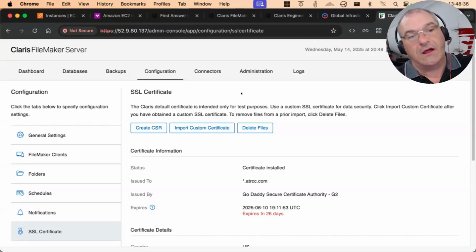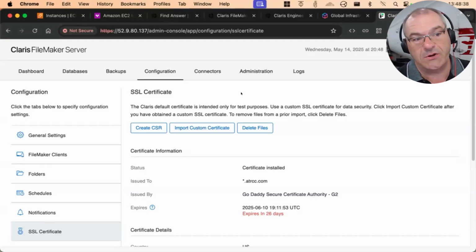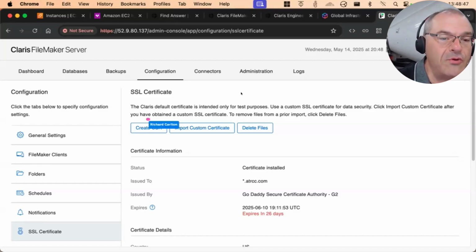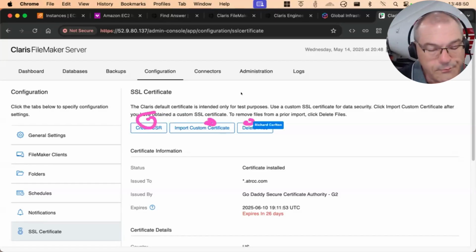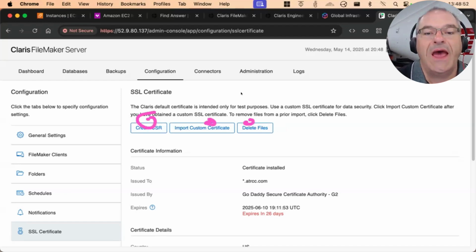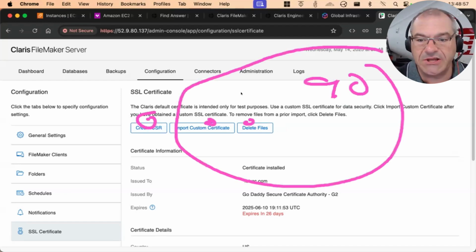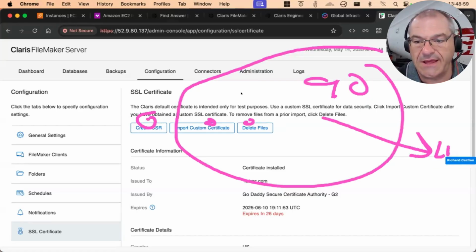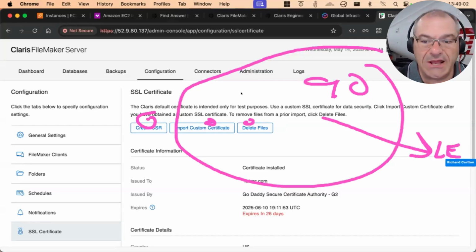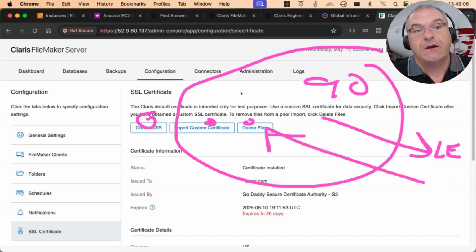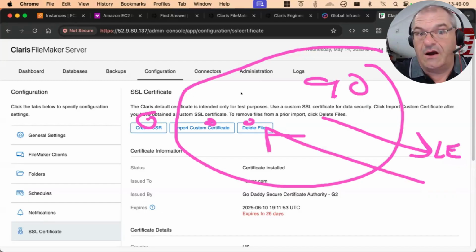So then a whole year elapses, and Claris decides that they're going to take the thing that never really worked well, and make it work well. That's what's supposed to come in the next couple months. You go through a setup process once, and you don't pay any money, it's free. Every 90 days or 85 days or whatever they decide, this system is going to talk to the Let's Encrypt server, I'll say LE. It's going to get an updated SSL and keep you up to date, in perpetuity, for free on the FileMaker server.